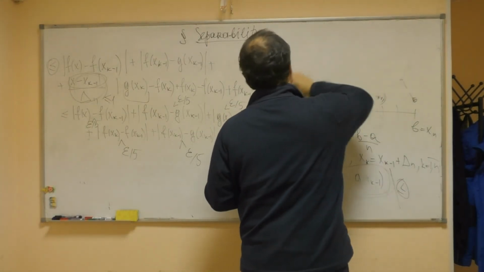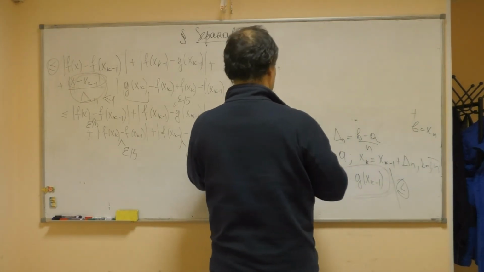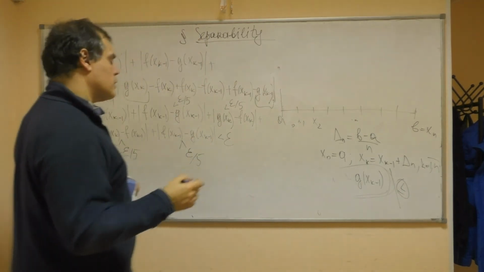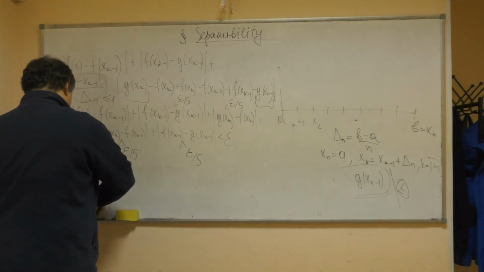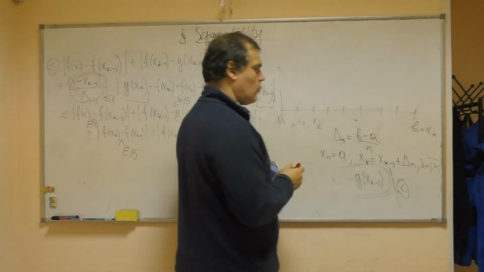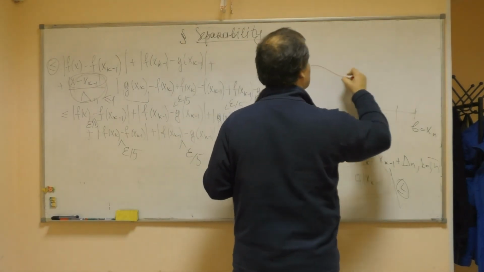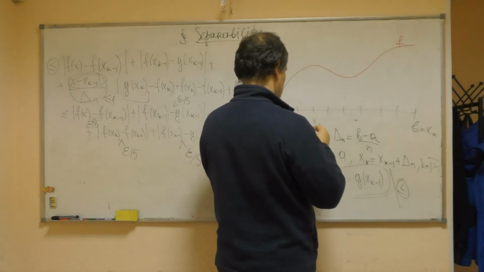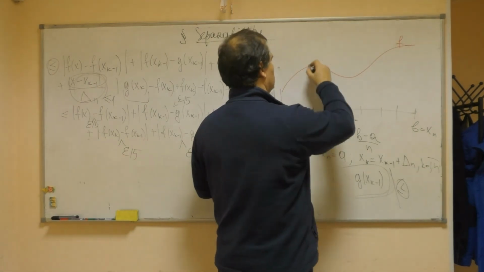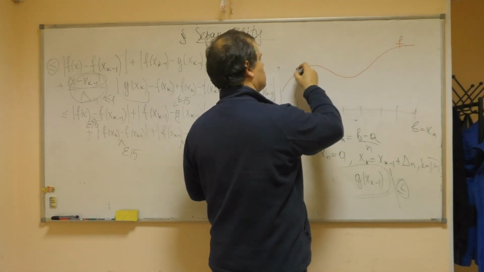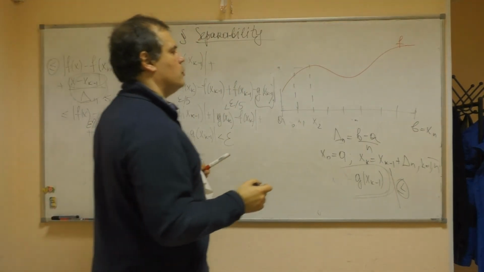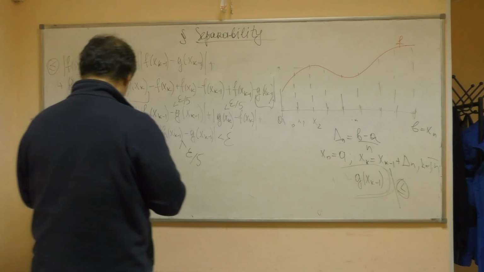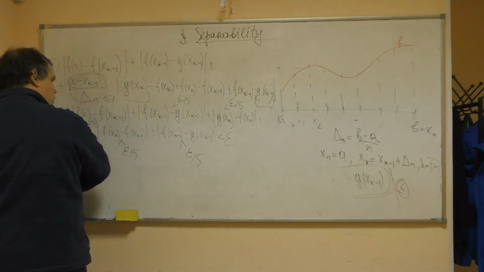So finally, let me show you what happens graphically. First, we divided our segment into several nodes. So we have some function f represented by this graph, and first our division is small enough to make function f change not very much on each segment. And next we build the piecewise linear function g